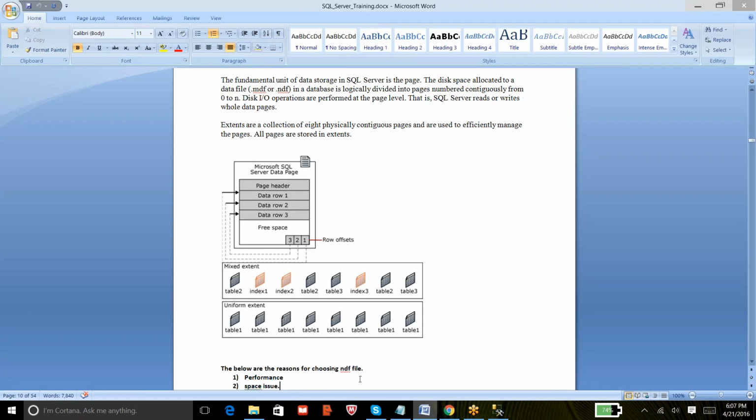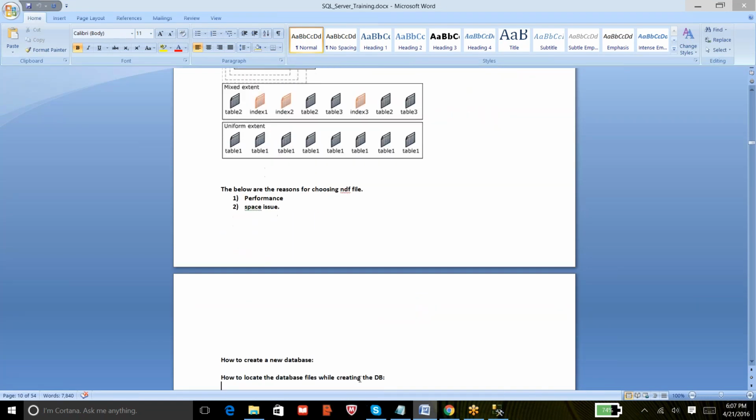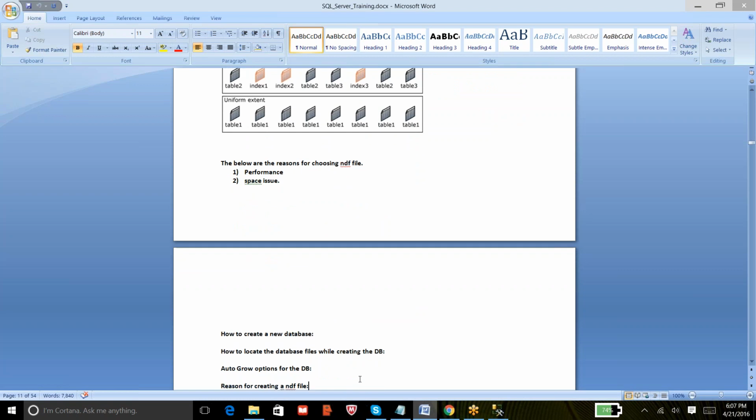And we have also discussed the reasons why we choose to create a new data file, and we also